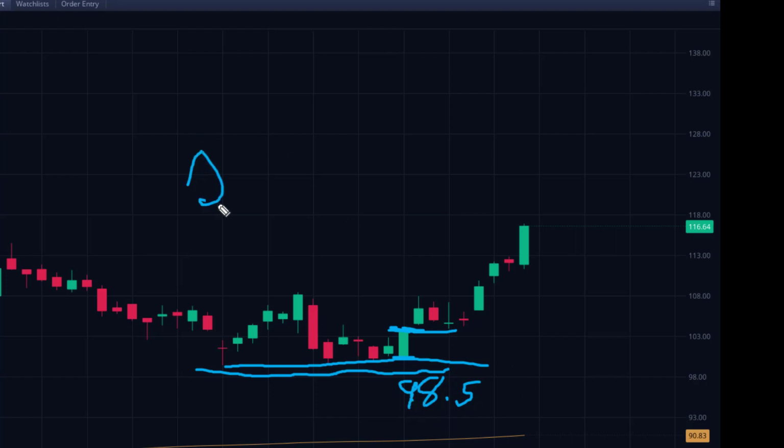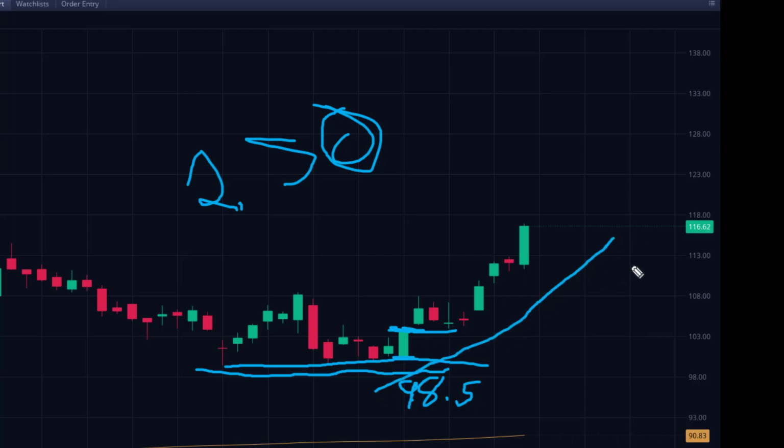That's $2.50. Now let me just tell you this, $2.50. And currently, where is the stock? I am still in this trade. I'm still in this trade. And I'm at 116. So right now, we're up at 103 to 116. And yeah, you say, well, it's easy to do it in hindsight.